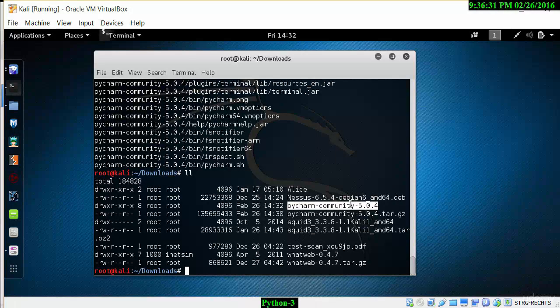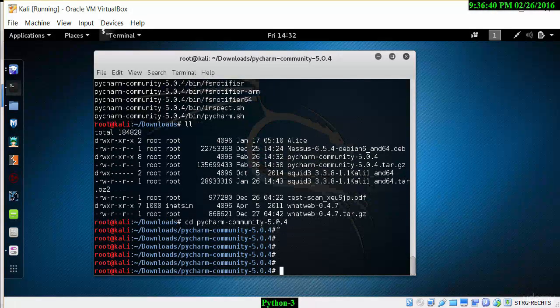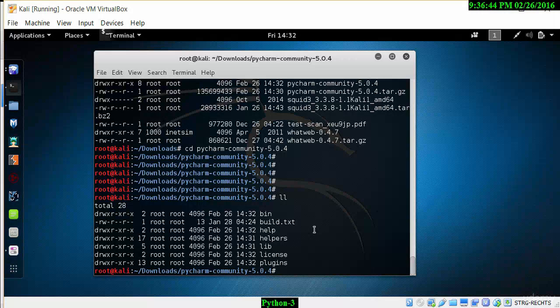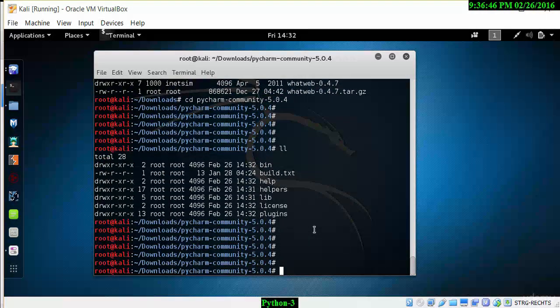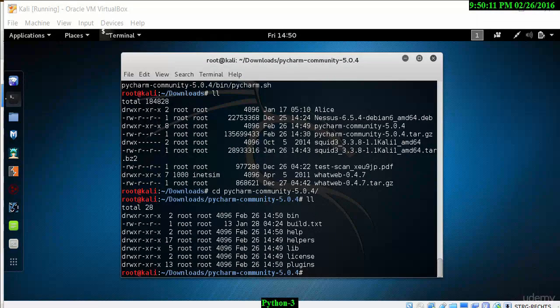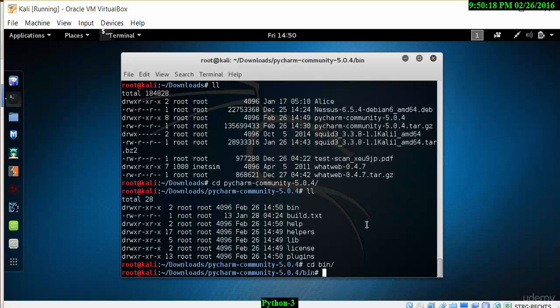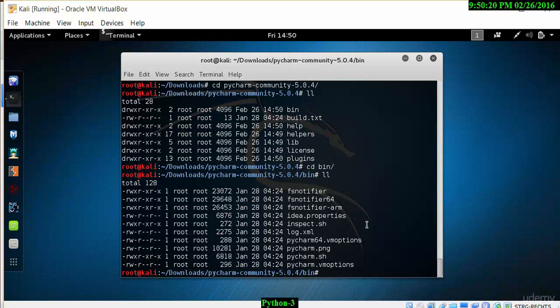I copy that, and I want to go into that particular directory. So let's go in, copy that, and cd to that directory. Let's list the files in here, and let's look at what's here. We have a number of files in here that will allow us to use the PyCharm program. So I'll go to the bin directory for now, and we want to change some permissions of this particular file, the